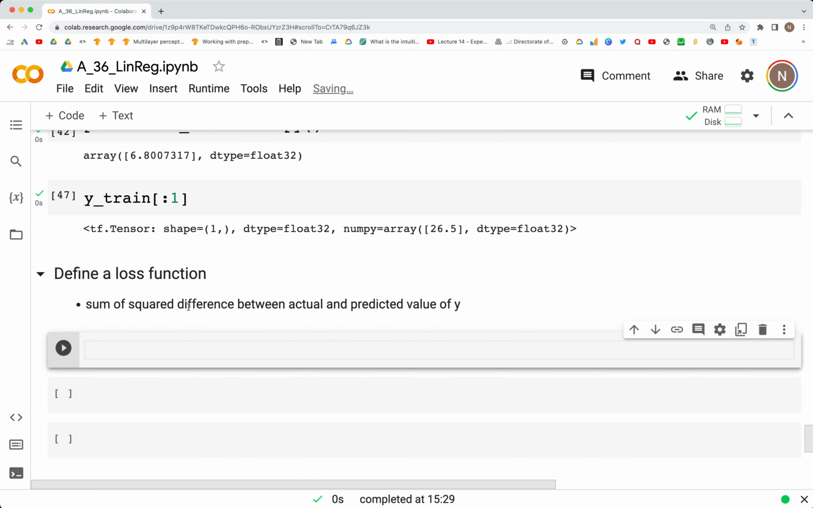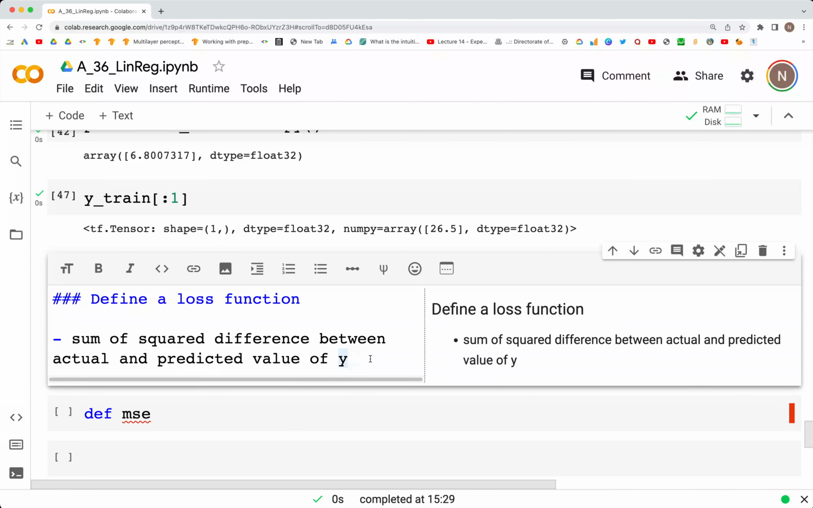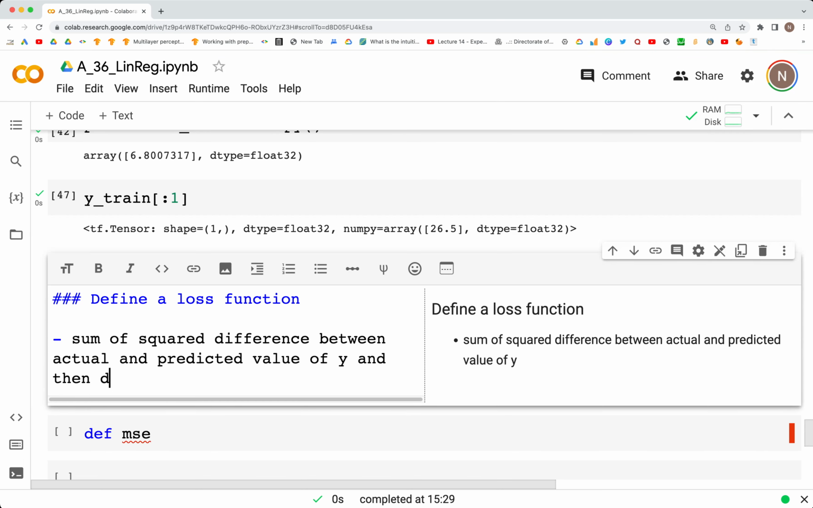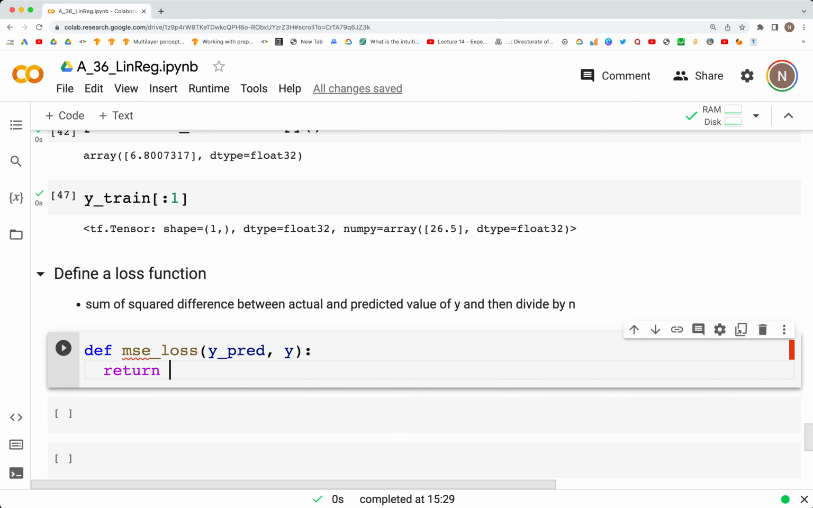So for this, we'll define the function as follows: def MSE_loss, which is the sum of squared differences divided by the number of samples, so the mean of this. So essentially, rather than saying divide by n, the number of samples that we have, this is going to be MSE_loss(y_pred, y). So it takes in two input arguments, and what it does return is